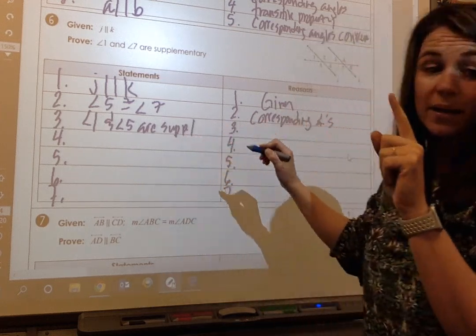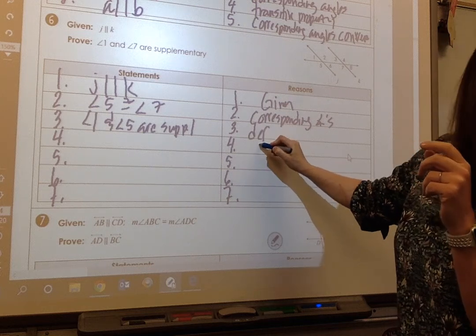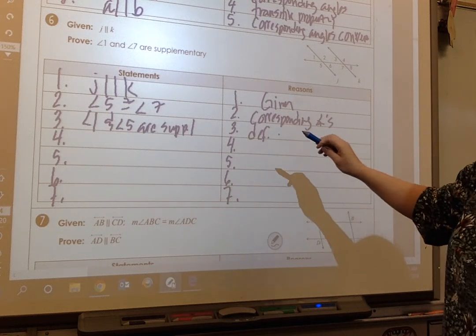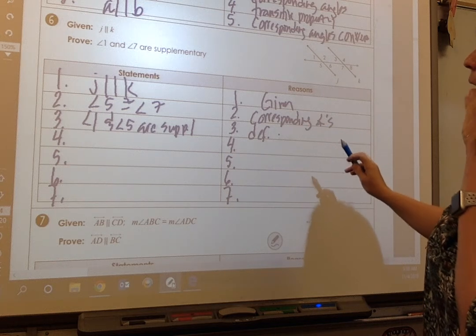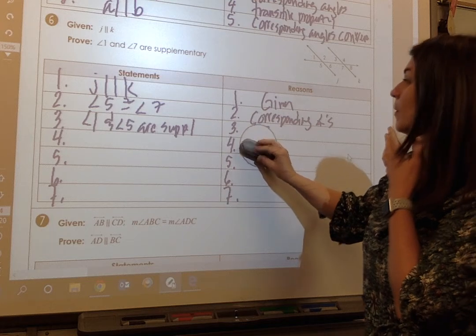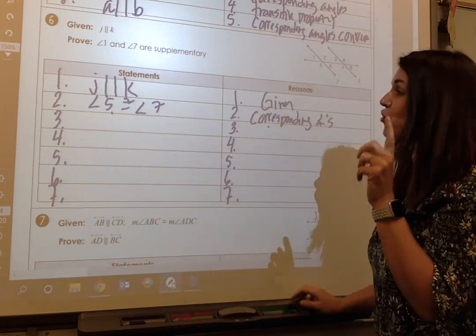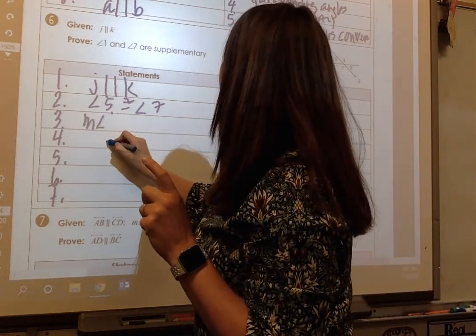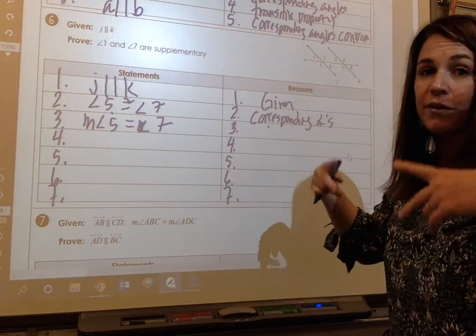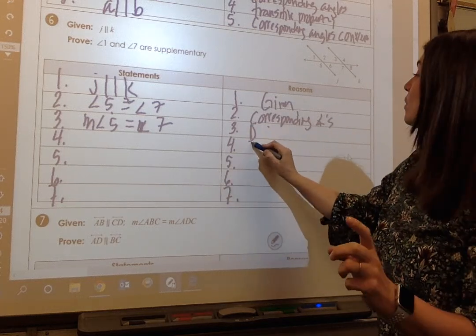Why can I say that? Because definition of linear pair. Oh, you know what? Whoa. Hang on. Oh, I'm missing a silly step. I can't say that they're supplementary unless I take away that congruency. So I need to say the measurement of angle 5 is equal to the measurement of angle 7, and that's that definition of congruence. So make sure you have that definition of congruence first,